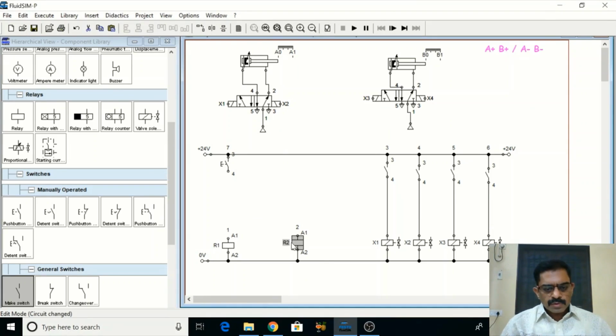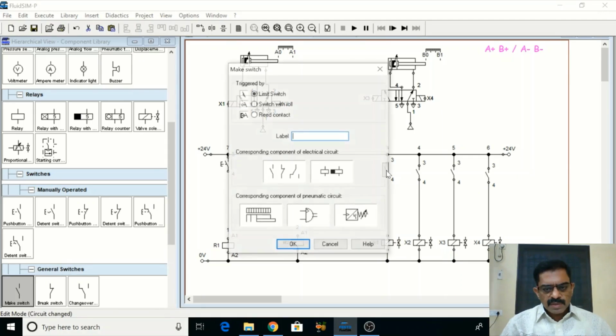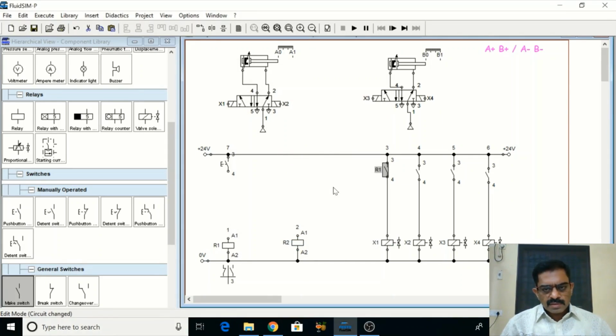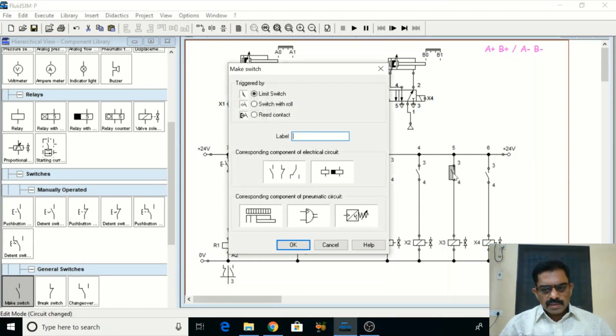So R1 is going to actuate A plus and B plus, and R2 is going to actuate A minus and B minus. So accordingly I have to name here. So this will become R1, and R1 will actuate B plus. So B plus is nothing but x3. So x3 I have here. Sorry, it should be R1,